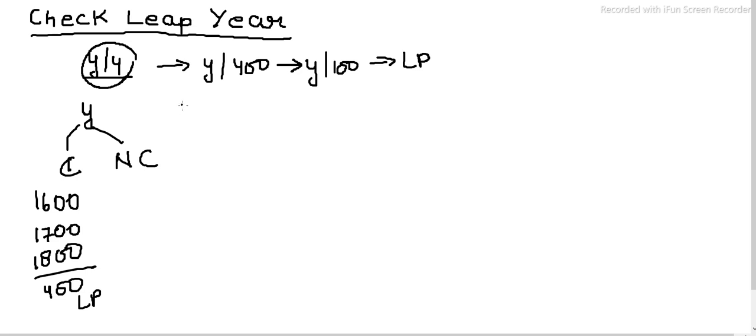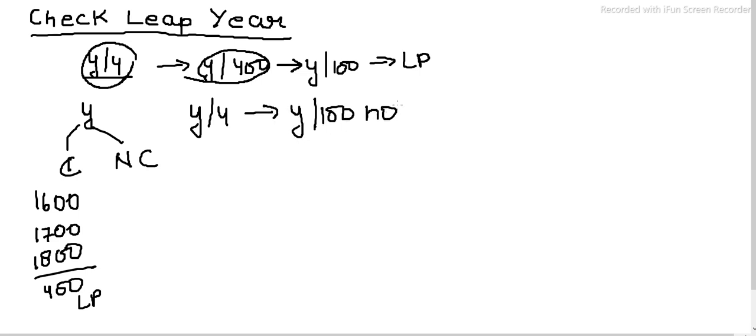Now what the second condition is: this is the case when the century year does not come in the way. When it's a normal year, the only basic condition is that our year should be divisible by 4, and it doesn't need to be divisible by 100. So what I mean to say is, if a year is divisible by 4 but not divisible by 100, then also it is termed as a leap year.